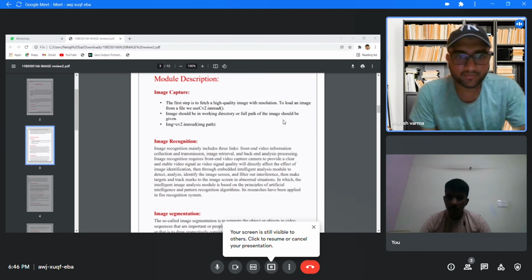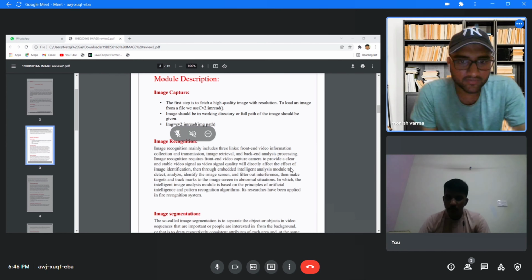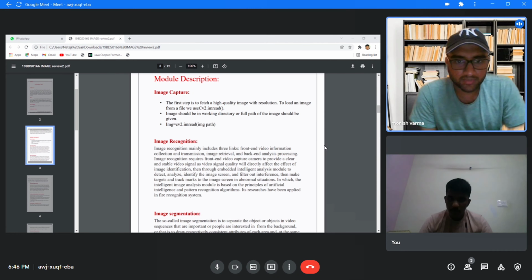After giving the path, it will recognize the image, which includes three links: front end video information collection and transmission, and it will retrieve the image and back end analysis processing. Image recognition requires a front end video capture camera to provide a clear and stable video signal.